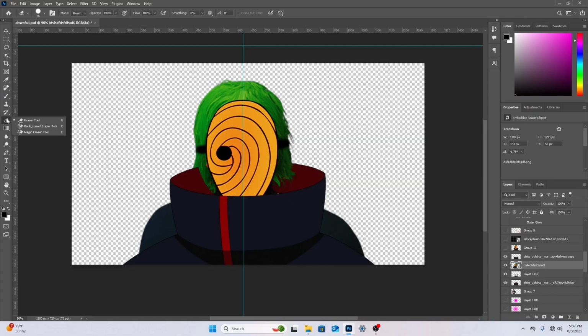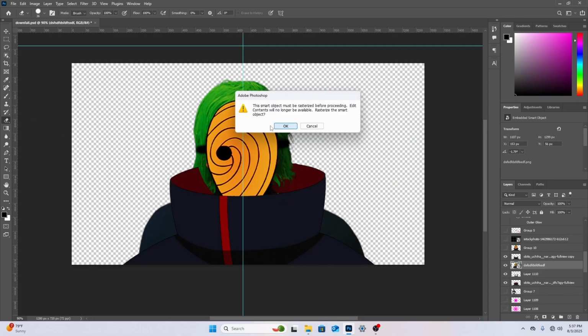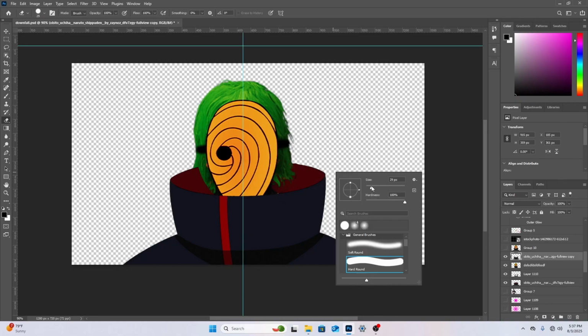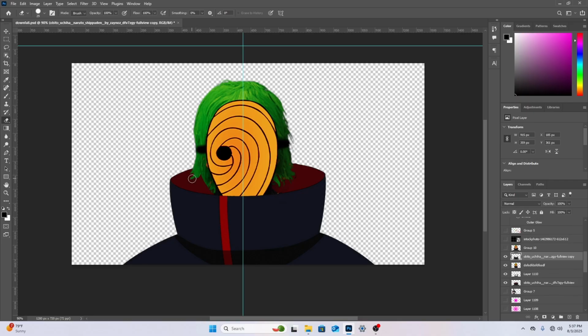From here, what you're gonna want to do is two things. You're gonna erase this so then you don't see any of your shoulders. After you do that, you're gonna go over to the top layer, so the top layer of the jacket, and you're just gonna cut this out so then the hair of your My Player looks good. Once you got that cut out and it looks good,